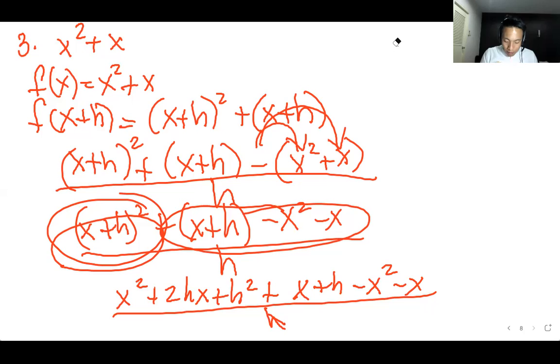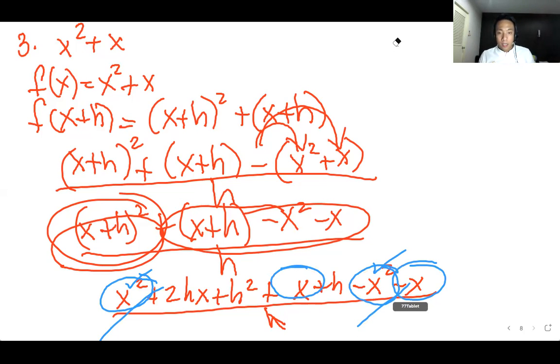And now, let us find some equations or some variables na magkaparehas. Or kumbaga, yung isa is positive, yung isa is negative. So I saw here, yung x squared na dalawa. We have positive and the negative. Right? So they are now cancelled. I also saw positive x and negative x. Okay? So they are now also cancelled. Right? So ang matitira na lang dito,